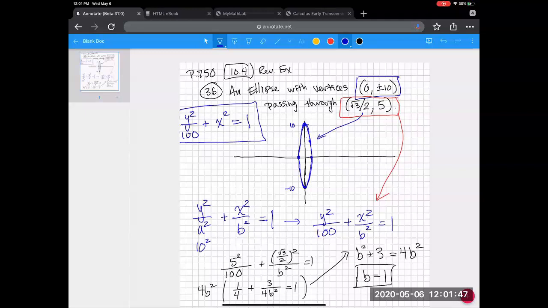And so the point here, so then there's foci, and the foci are going to be somewhere inside on the y-axis. But to figure that out, I need to find the c value. And I know that c squared equals a squared plus b squared, which is 101. So that means c equals,